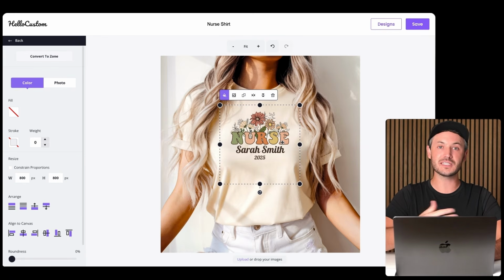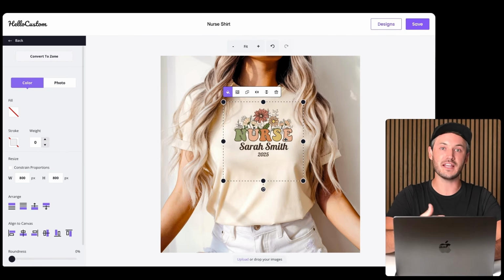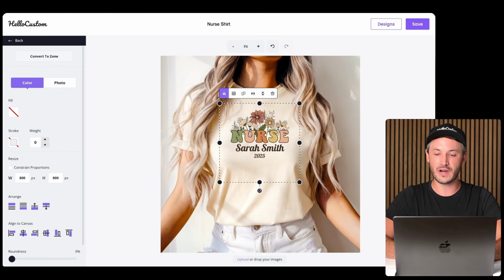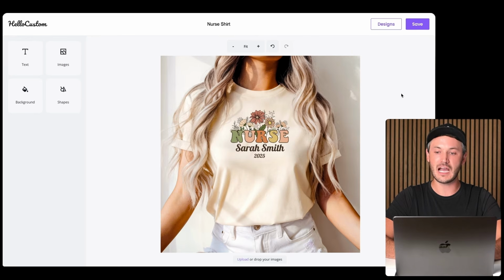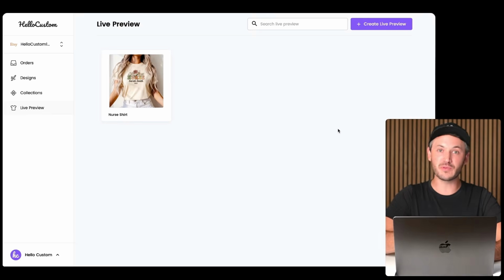And as your customer enters in their personalization, we're going to personalize this design against your mockup. That way the customers can see a realistic view of exactly what their product is going to look like before they order it. So right here looks good for this product. I can now go ahead and click on save. And just like that, our live preview is now created, where I can now go over to the live preview,